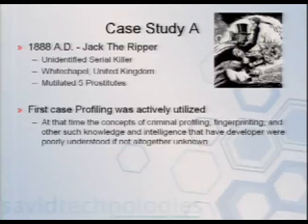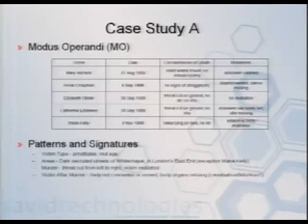I'm going to bring you all the way back a little over 100 years ago, to 1888, Jack the Ripper. This is where behavioral profiling started, right? The first case where profiling was actively used. Without ever finding Jack the Ripper, they were able to build a profile of him, and still today nobody really knows who he was, but they can infer a lot of personality traits. They have all his victims, the dates, the circumstances of death, how they were found, and how they were harmed.